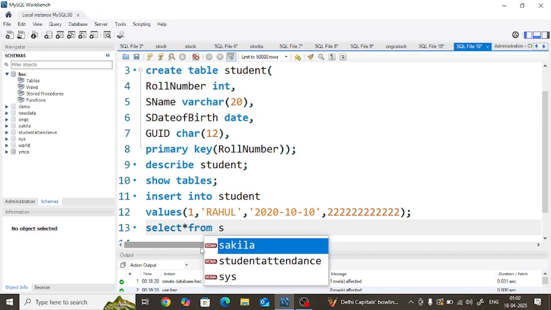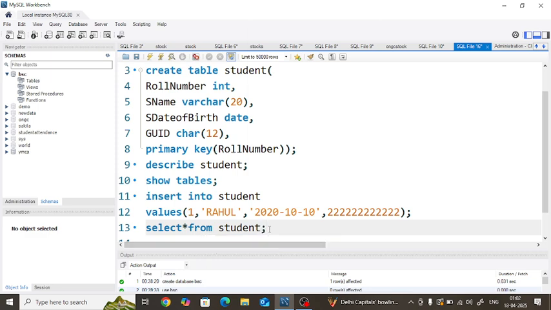So student, and put here. So I want to see, so let's run here,